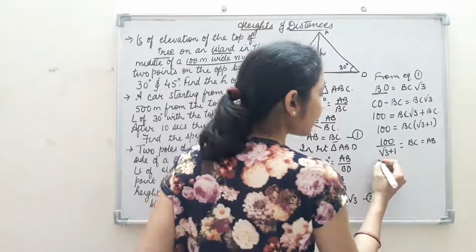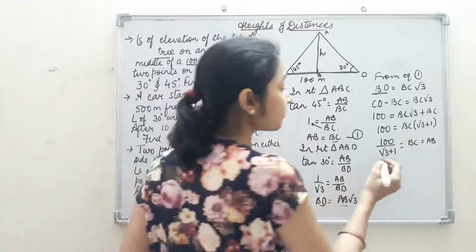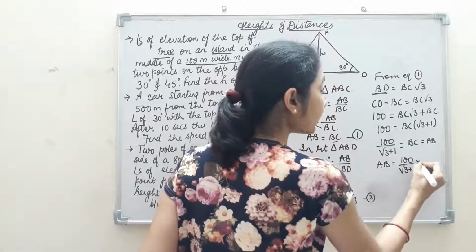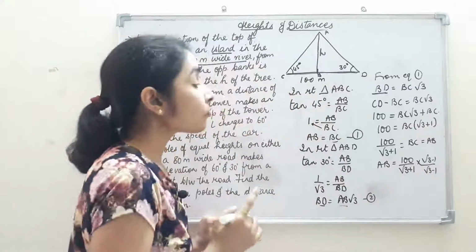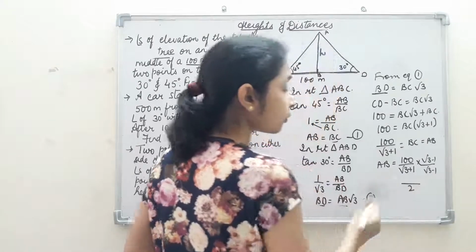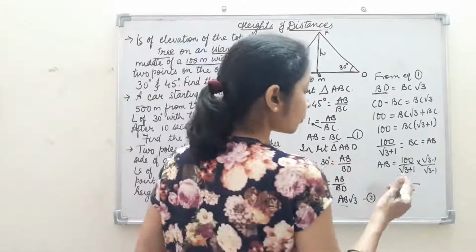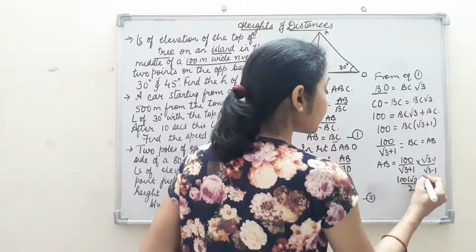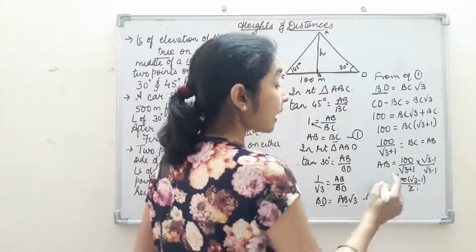So here finding out the value, this is the value of AB, but we can't leave it in irrational form, so we'll rationalize it. AB is equal to 100 upon root 3 plus 1 into root 3 minus 1 upon root 3 minus 1. Okay, so what do I get here? In the denominator I get 3 minus 1, which is 2. Root 3 into root 3 is 3, and minus 1, 2 I get. And in the numerator, what do I get? I get 100 bracket root 3 minus 1. Now here if I cancel, 2 ones are and 2 50s are.